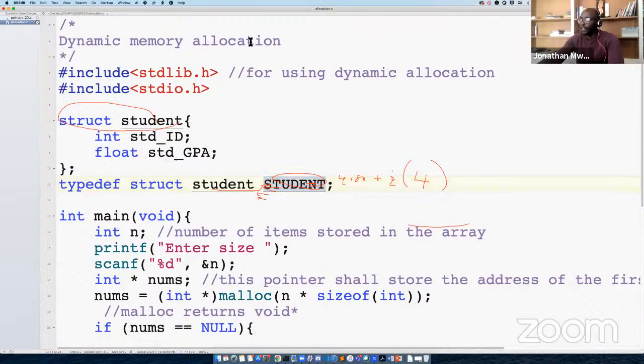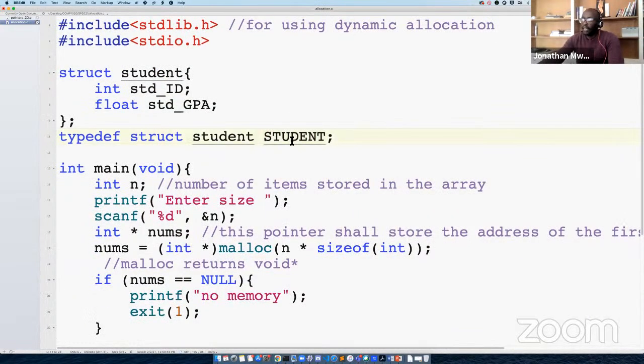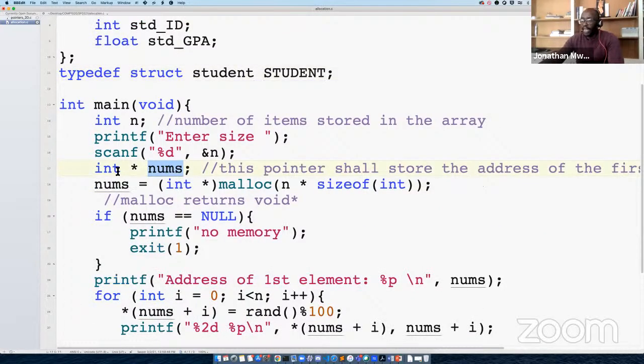Okay, I'm going to clear this and move forward. Now, in the past, we have just made normal variables of type Student. Remember, we could make arrays of type Student. So in here, instead of having something called names, which is a pointer to integers, or a variable that keeps addresses of an integer, I want it to keep addresses of a student. So instead of int, remember, Student is our own data type.